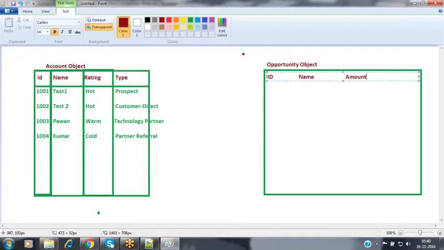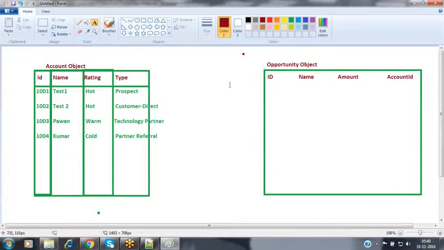It is also associated with an account, which is the account ID field. So these are the four columns inside my opportunity table right now.